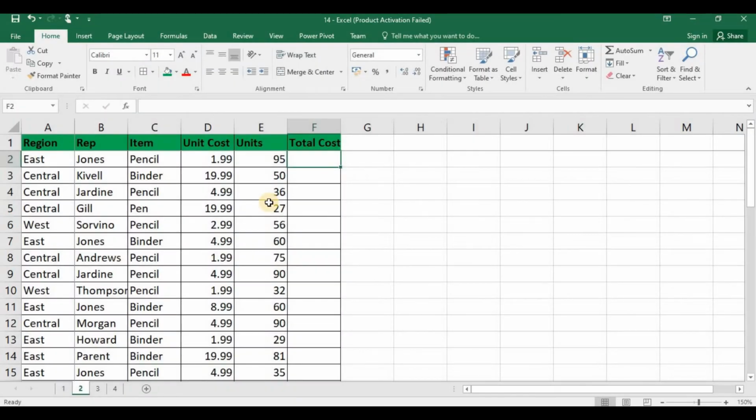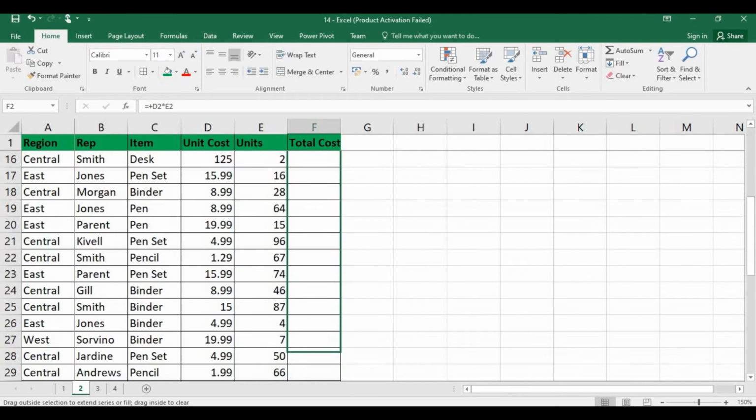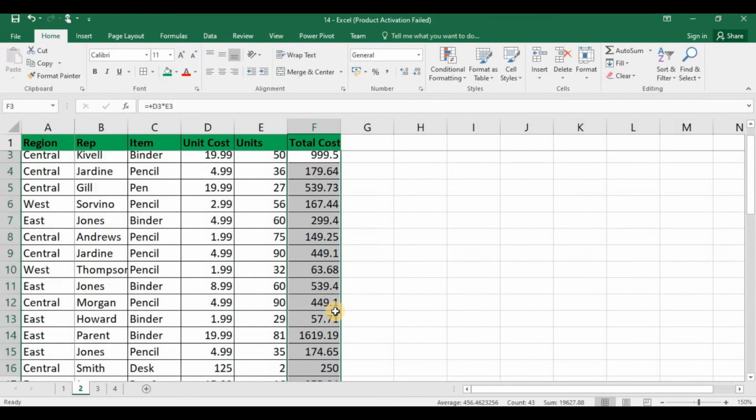We have seen how to insert a function in a particular cell. Most of the time you will have to apply the same function for a series of cells. We'll see this with an example. Here I have unit cost and number of units in multiple rows. I want the total cost for each row. Insert the function in the first cell. Drag it down to the cells below. In previous videos, we have seen how to move the cursor to this cell corner. Once the cursor is changed, hold the mouse left button and start moving the mouse until the last row. See, the function has been dragged.